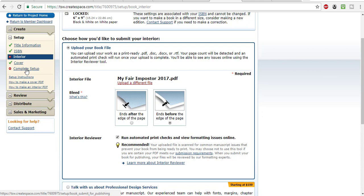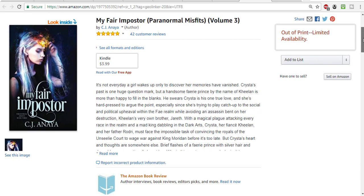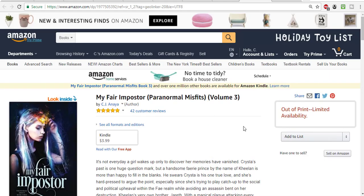And so basically you're going to get a nice little page like this. So here's my Fair Imposter, Paranormal Misfits Volume 3. Okay, so this is my paperback page. And I want you to take note that I have it as out of print, limited availability, okay? That's not how it's going to look when your page is first posted. As soon as this Amazon page of your paperback book pops up, which happens for me within the first day that I complete the setup,